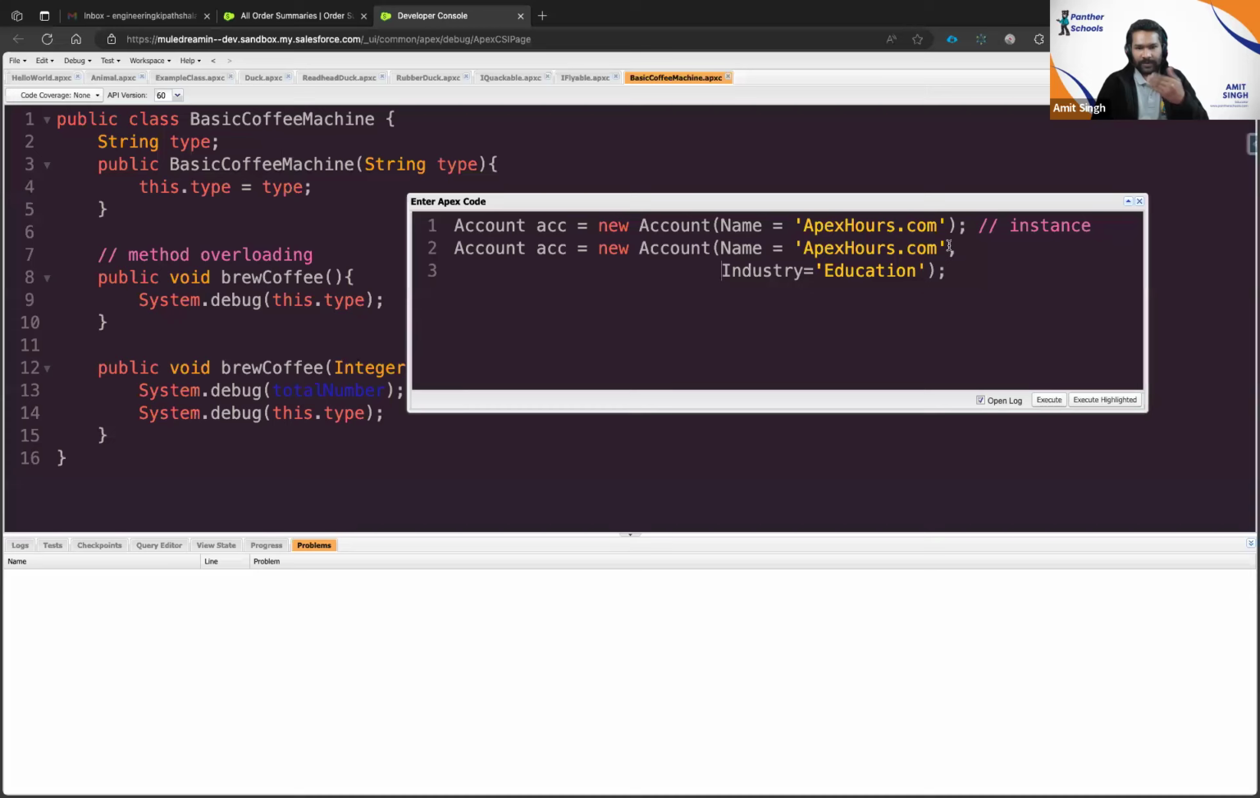Now, when you try to insert this, there are multiple ways to insert, and the very common way is to use an insert keyword and then just put the object name here, like ACC. If you do it like this, an account with the name Apex Hours will get created inside my Salesforce developer org. Now, to insert, there is another way of inserting with the help of a method which is